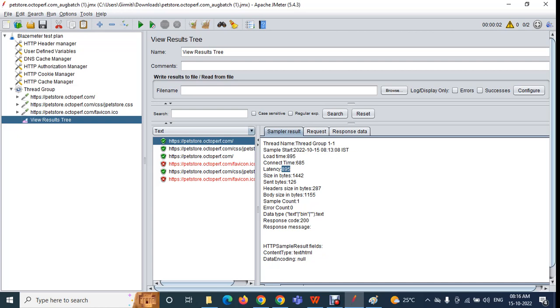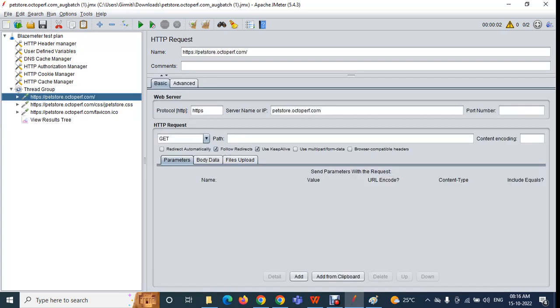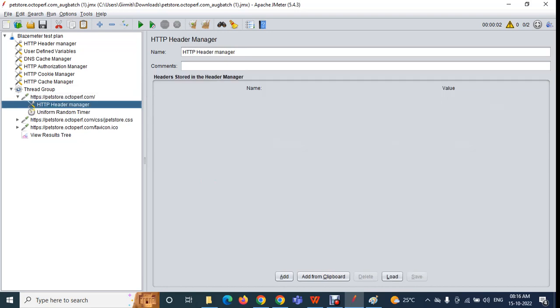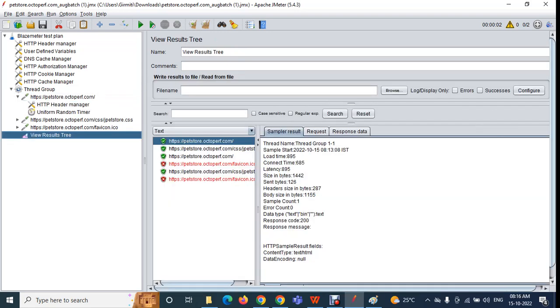Size in bytes you can see here. Whatever the request you are sending, for that particular request the size will be there. Okay, so మనం ఈ రిక్వెస్ట్ పంపిస్తున్నాము. సో ఈ రిక్వెస్ట్ పంపించేటప్పుడు ఇక్కడ మనం URL పంపిస్తున్నాము, సపోర్టింగ్ హెడర్స్ ఉంటాయి, హెడర్స్ పంపిస్తున్నాము, like that many things will be there, right? So for that the size will be there. మనం ఇక్కడ డేటా గురించి మాట్లాడుతున్నాం, రైట్?